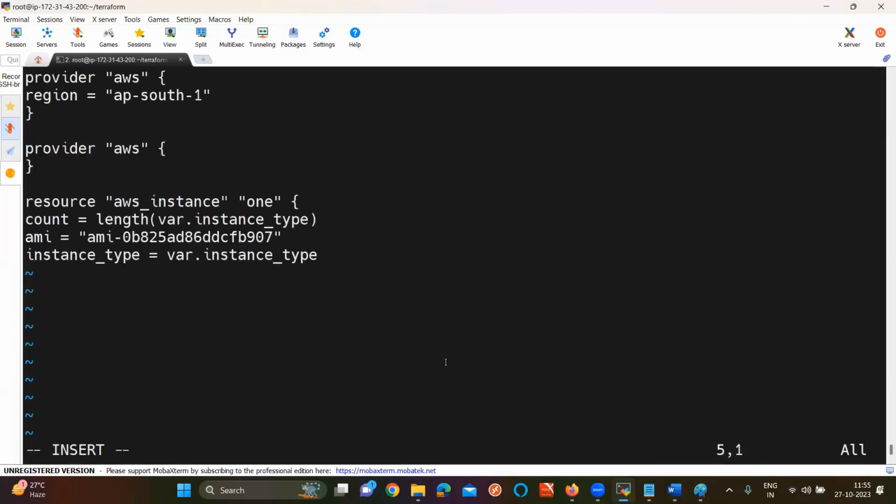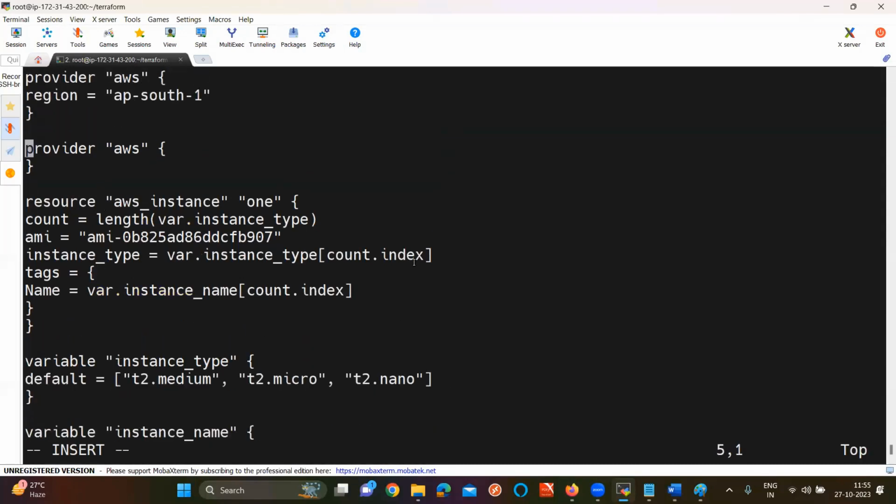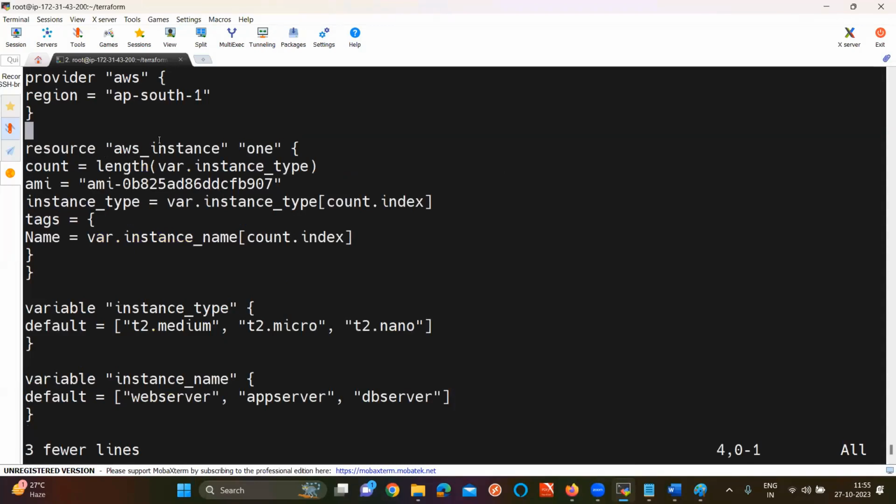Just give like this. First of all, let me remove this one. Resource, I'm going to create AWS instance with label name 1. Sir, count I'm taking from the variable block. Are you seeing variable block for count here? What is the name of the variable block here? How many values I have?